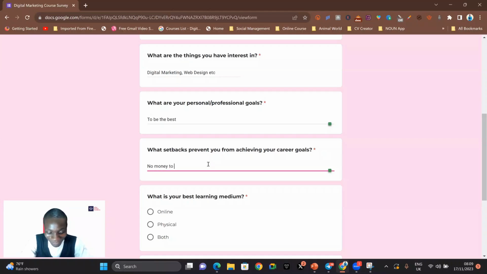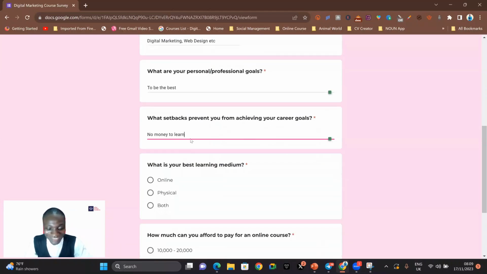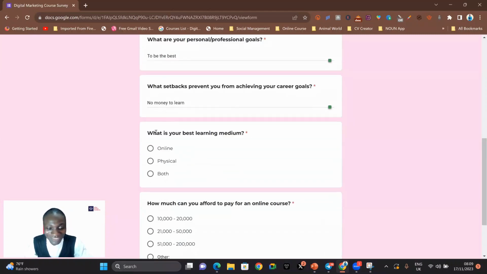That's the kind of thing I used to get, but that's not a setback. If you want to learn, provision will always come if you desire it and you work towards it. So don't always think of learning for free. Of course, learning for free is also part of learning, especially when opportunities like that come up. But you can know no learning is free. That's just the truth. If you are not paying for it, someone is paying for it.